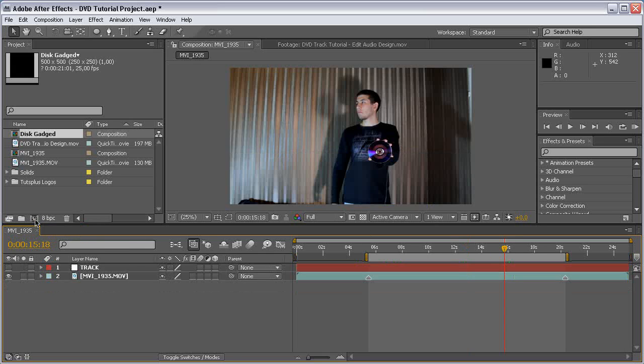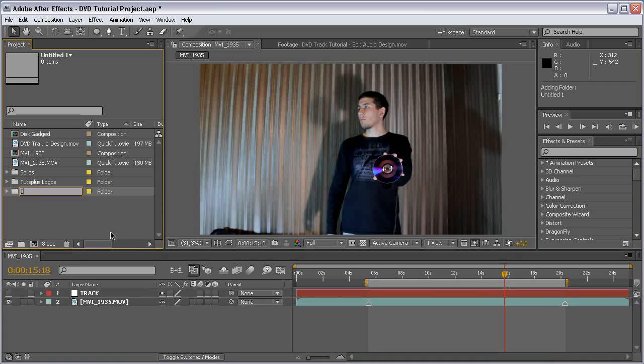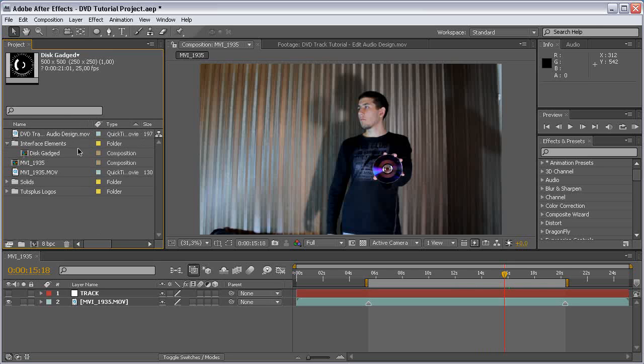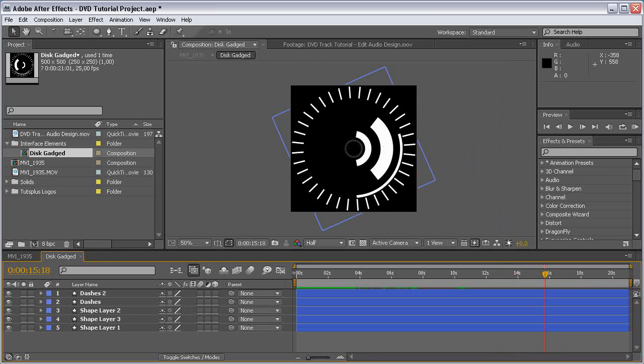So close this comp, and to keep our project organized, let's create a new folder and let's call it interface elements, and let's drop our interface elements here